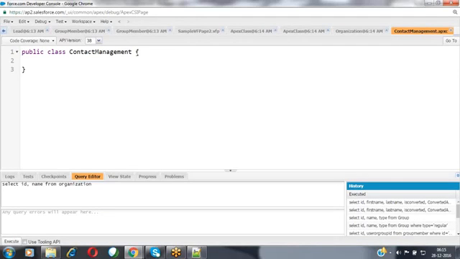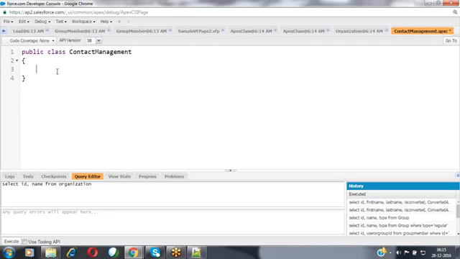Observe the difference here. If I'm using the standard navigation inside that editor, we have to write everything: public, class, class name, everything. But when you go to the developer console, it gives that flexibility to you. Whatever class you are going to create, if you give the class name inside the text box, it automatically creates the class structure for you. Now the class template is available ready-made, so that we can write whatever code we want inside that.